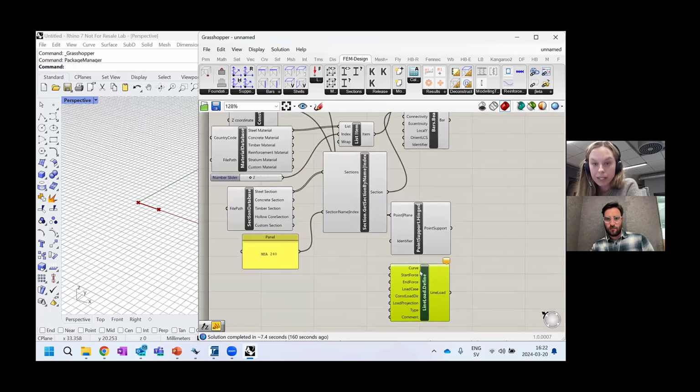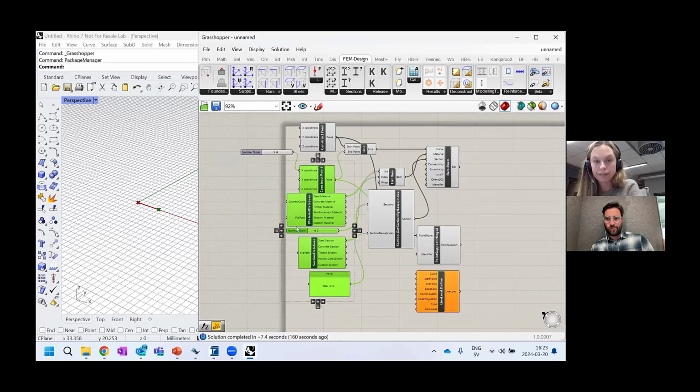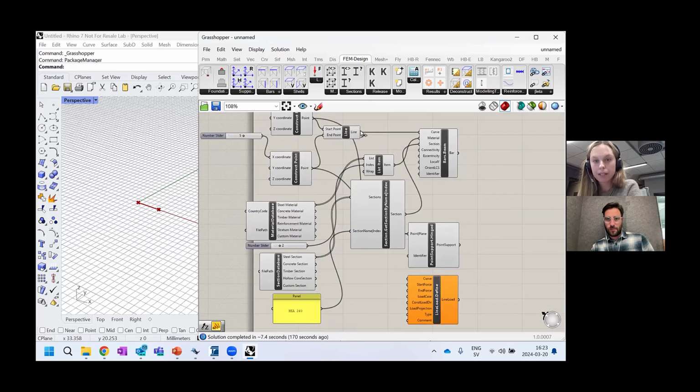So let's create a line load, and I want that to be on the same line as the beam. So I'll use that, and